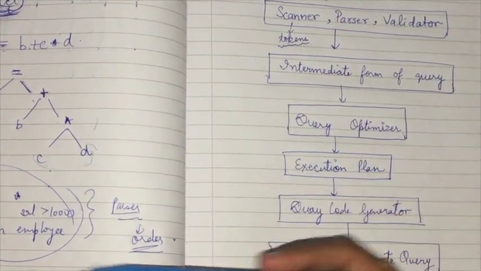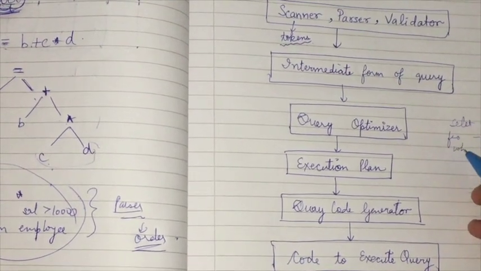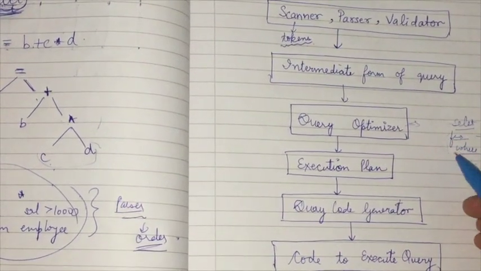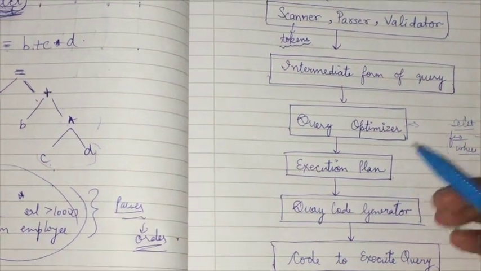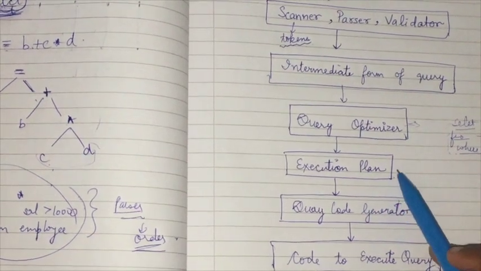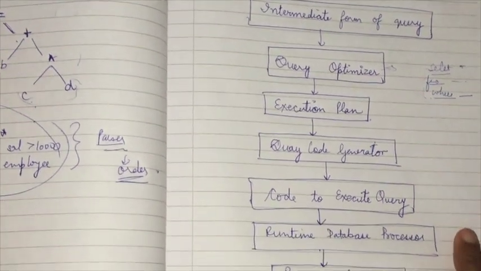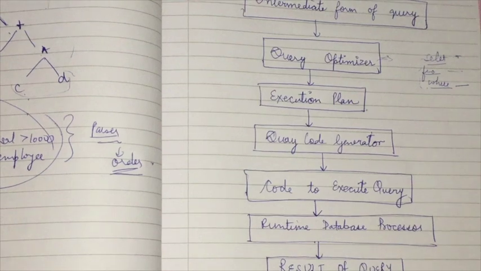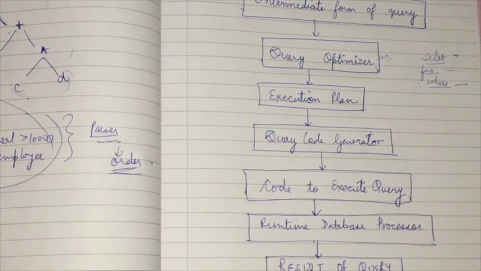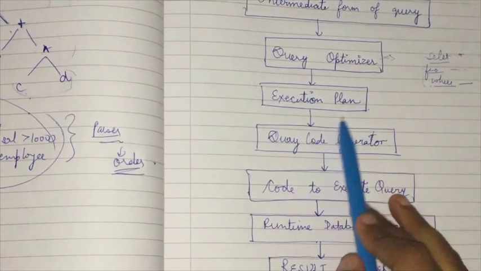That is, in which step which part will be executed within a single query. Like suppose I had a query select star from table name where. The query optimizer decides which of these three steps will take place first, and then it gives us an execution plan for how I have to execute my query. For example, you have studied indexes earlier, so it will tell me the best possible way to run my query. Suppose indexing is required, or formation of some clusters is required, or indexing of which columns will lead to better results. That is decided by the query optimizer, which gives me an execution plan.